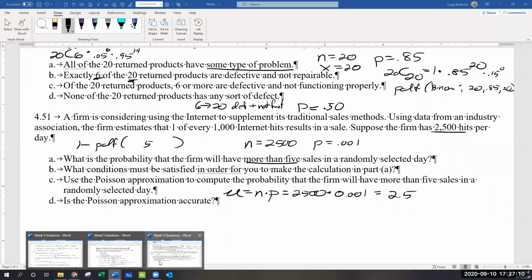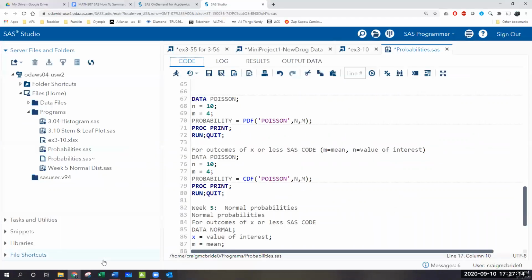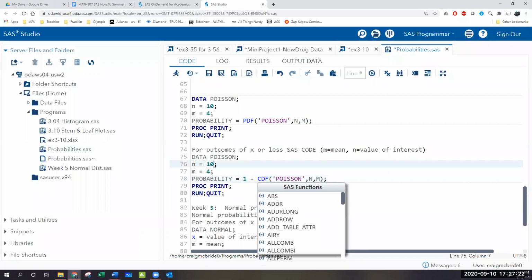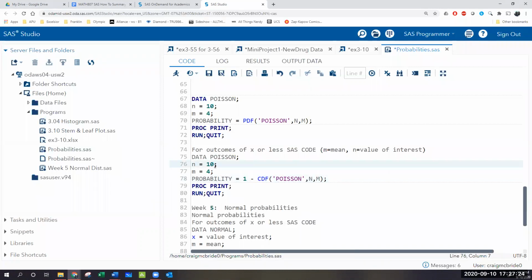So we're doing the exact same thing where it's more than 5 sales. So we have to do 1 minus the CDF. So we're going to do 1 minus the CDF, where now in this case, N is the value of interest, so that's 5 sales. M is the mean, in this case 2.5. And now if we run this,